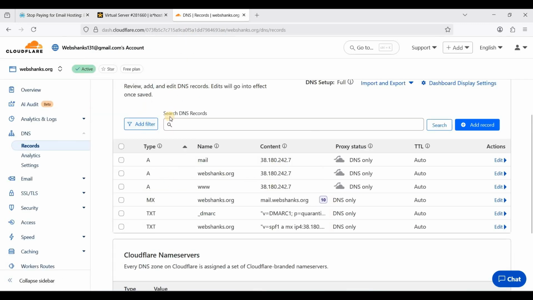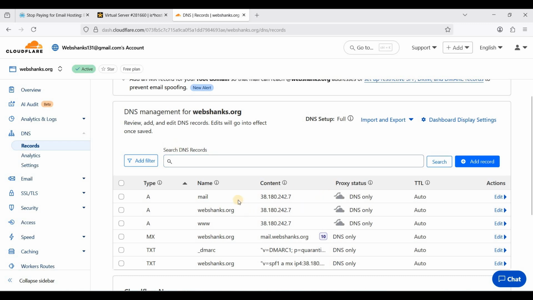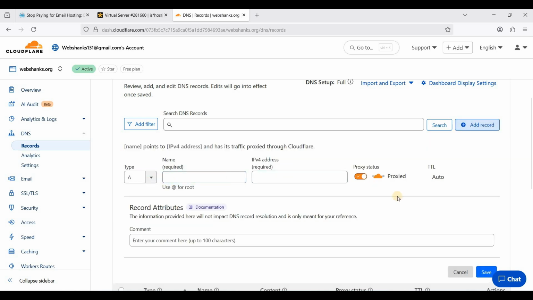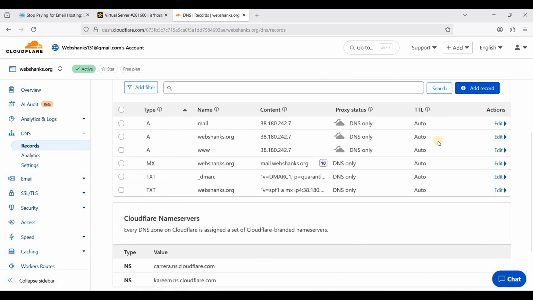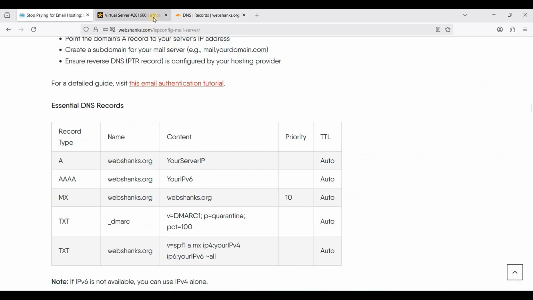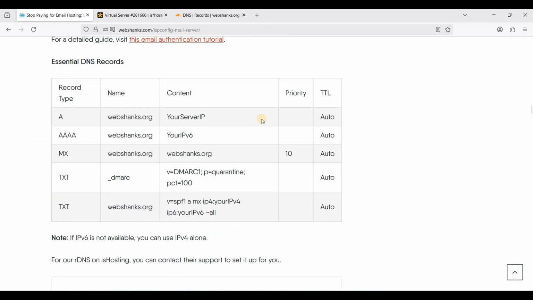Okay, these are my DNS records. I have mapped them already. If you don't know how to add an A, MX, or TXT record, you just click this Add Record button right here and map all your DNS. And for our reverse DNS,